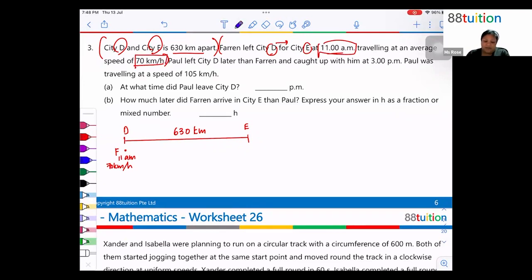Then we have other information about Paul, who left D later and caught up with him at 3 p.m. So we know Paul left later and caught up at some point, which is at 3 p.m. Okay, now at some point, wait, hang on. So when Farron moved, at some point,